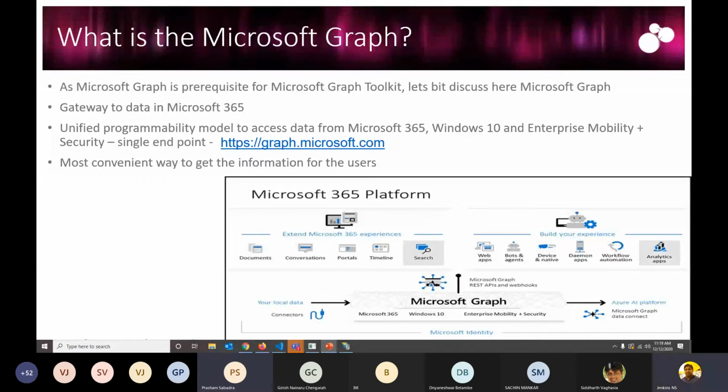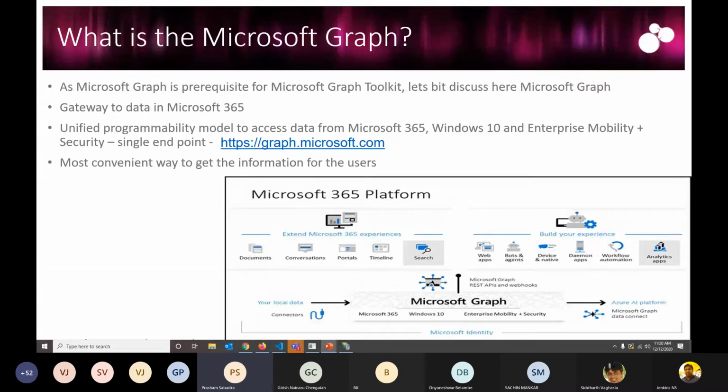So Microsoft came up with the Microsoft Graph, which is a unified model. There is only one endpoint, graph.microsoft.com, and with this endpoint we could easily access all my Microsoft 365 data. It's evolving nowadays. A few days ago I was reading that the Outlook web services or Outlook REST APIs are getting deprecated.